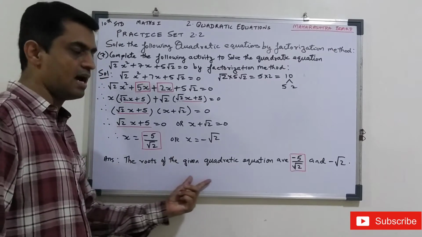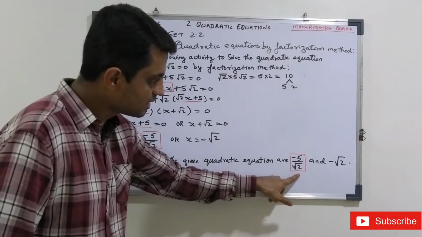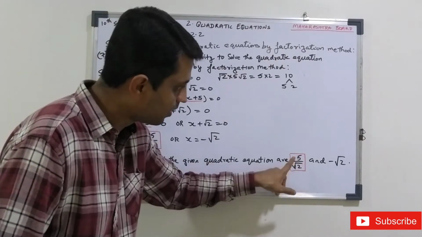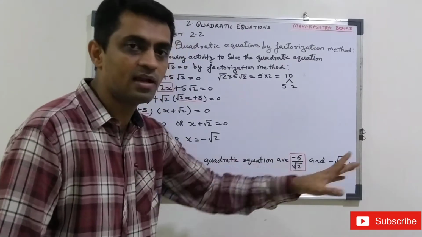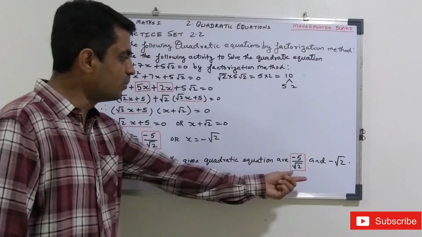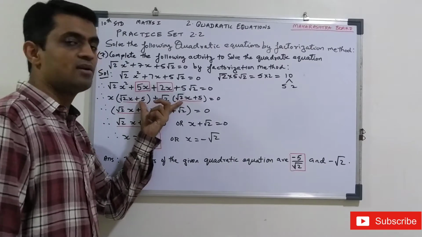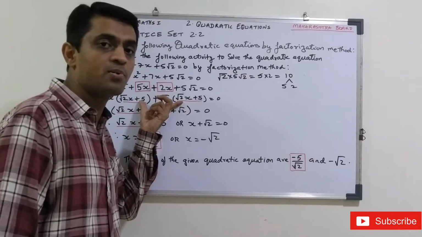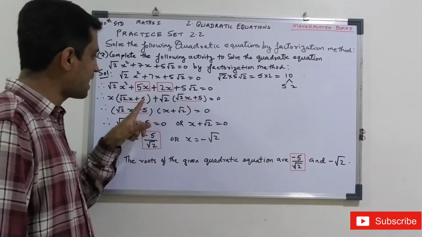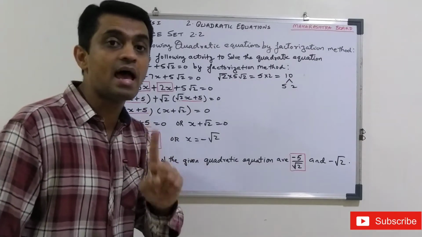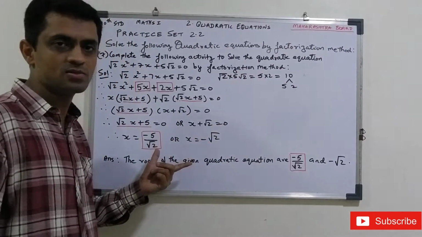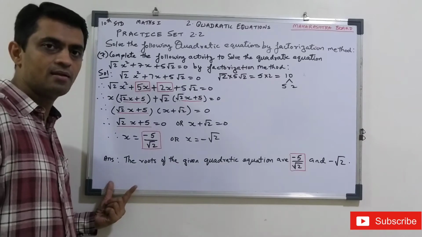Then we are writing the final answer. In the final answer also there is a blank, so we have mentioned a box here. It is very easy for the examiner to correct. If you don't put the box, you might not get appropriate marks. So always put the brackets wherever required in an activity based question, because this is an activity based question. Clear everybody?